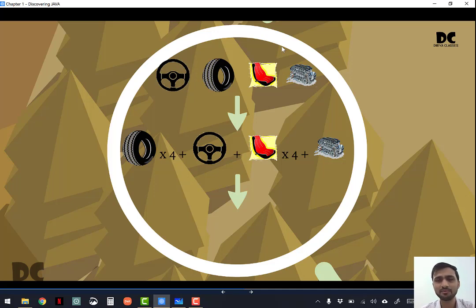If it is a mini truck, yeah, maybe 4, but if talking about transportation trucks, it has 6 wheels, 2 in the front, 4 in the back. Okay, I'm not talking about spare wheels. This is just an exceptional case. Yeah, we can create a car easily because a car has 4 wheels, 1 steering, 4 seats, maybe sometimes 5. So think that it is a small car like Mr. Bean, if you have seen that series, and 1 engine. So we can create a car.